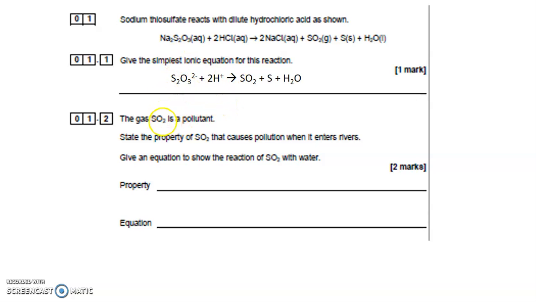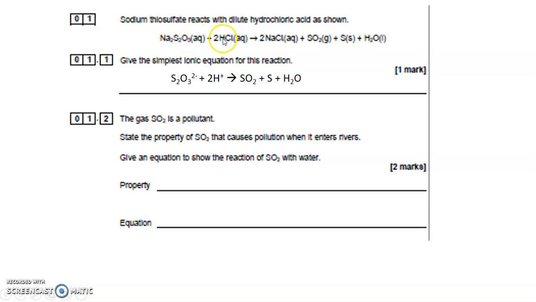What I'm going to make, what does the S turn into? Well, it turns into sulfur dioxide and sulfur. And what can the H+ and the O's turn into? Water. So I've just picked out these three things here. The sodium I'm not going to bother with, and the Cl I'm not going to bother with. The important parts are the